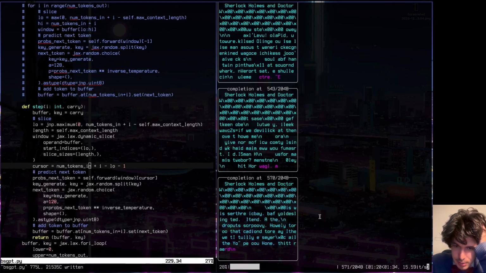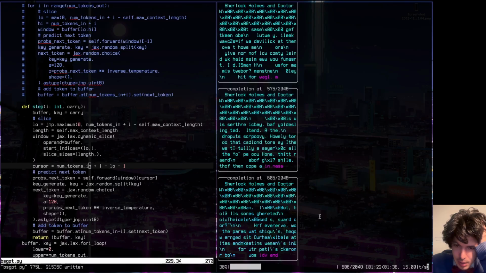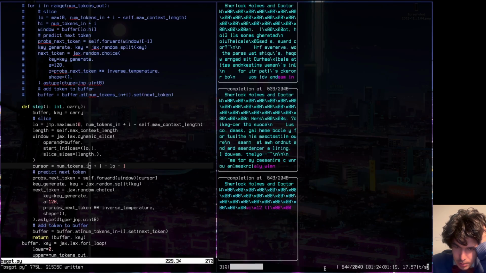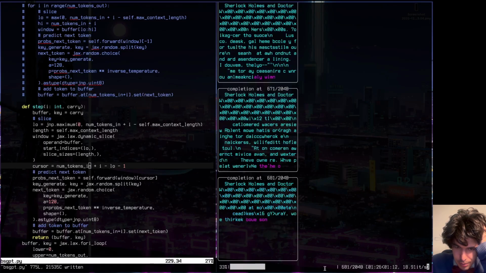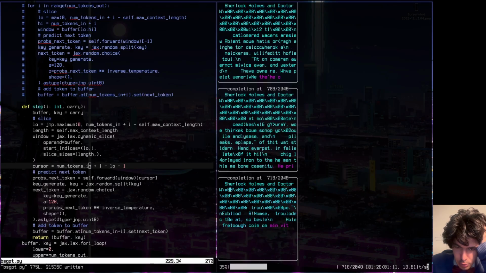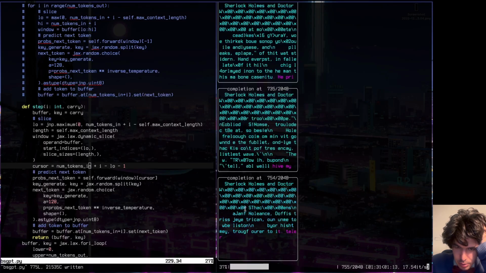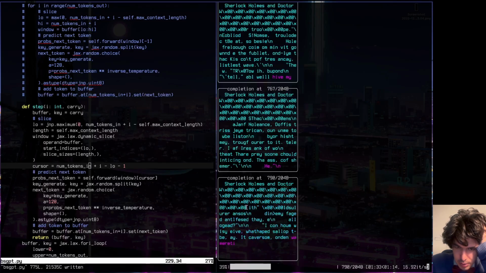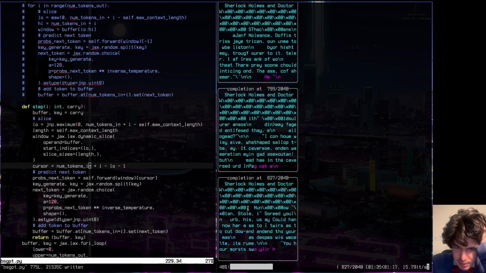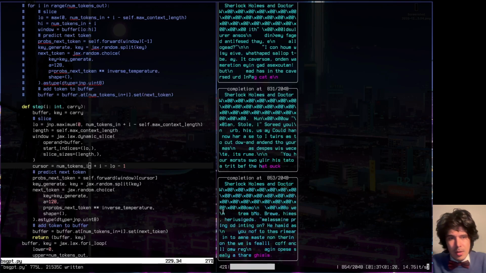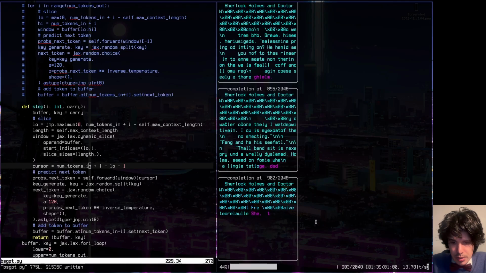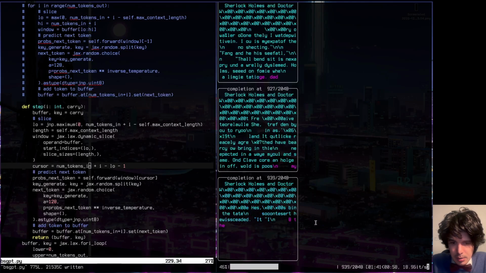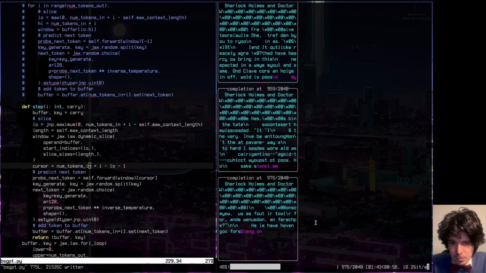But this has made the training loop way faster. By the way, this is not affecting the training, so it's not like the model is learning to do the wrong thing. It's just that it shouldn't be predicting all these zeros after the initial prompt until this point, which sort of indicates that there's some error in the indexing. And so what I want to do is maybe make the